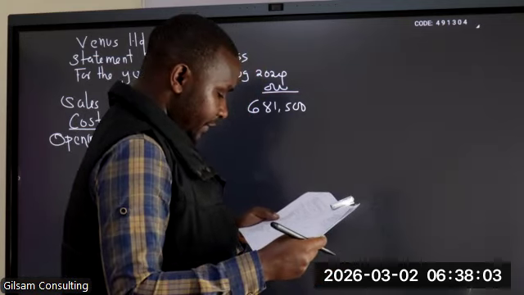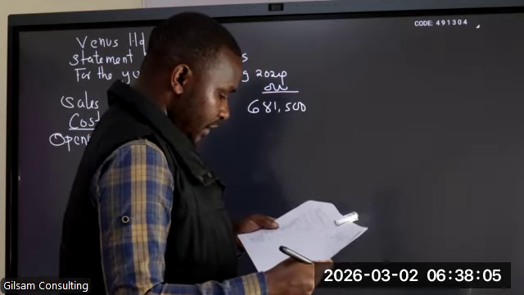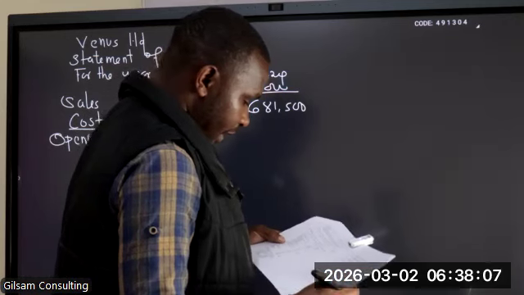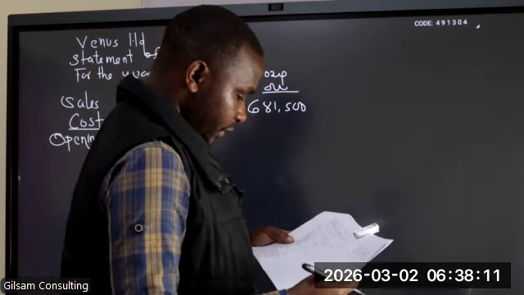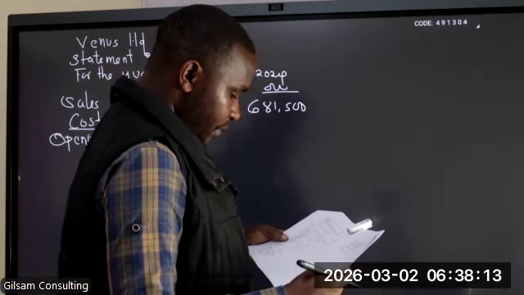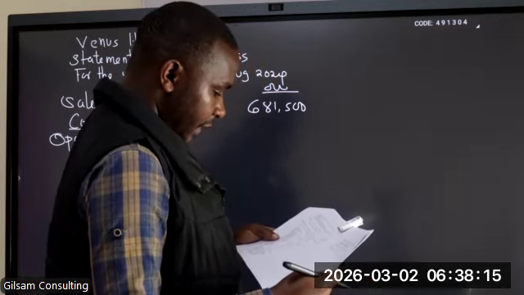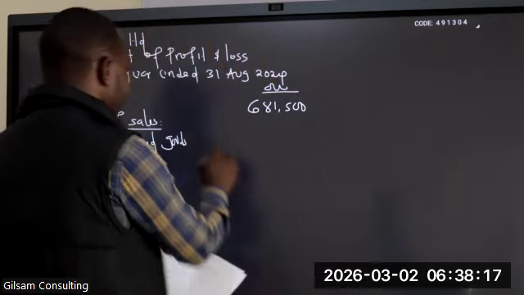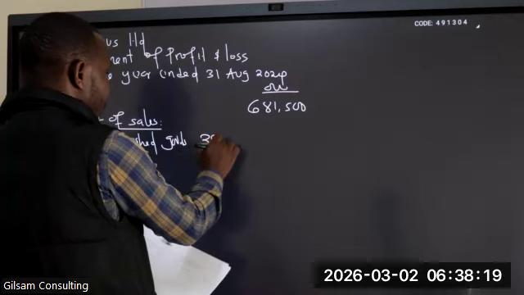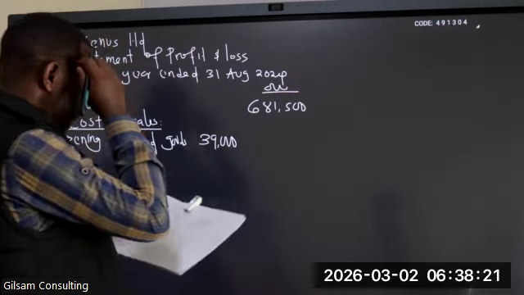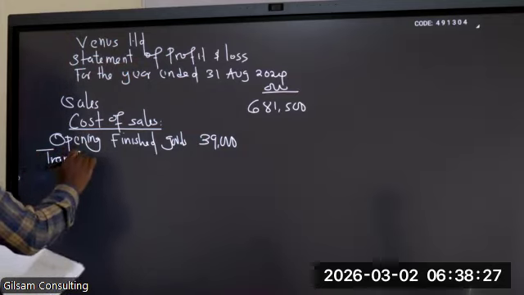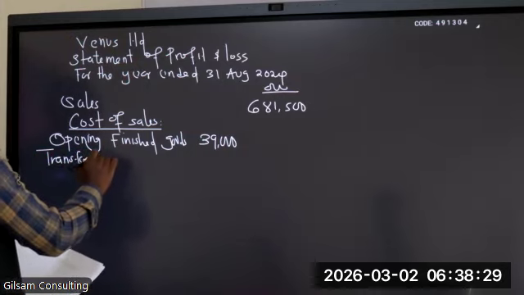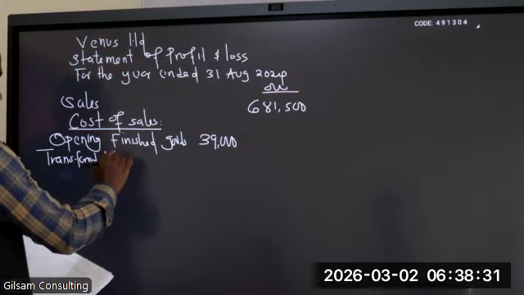The opening finished goods, we have 200,000 units with a value of 39,000. So we put 39,000, and then transferred from manufacturing account